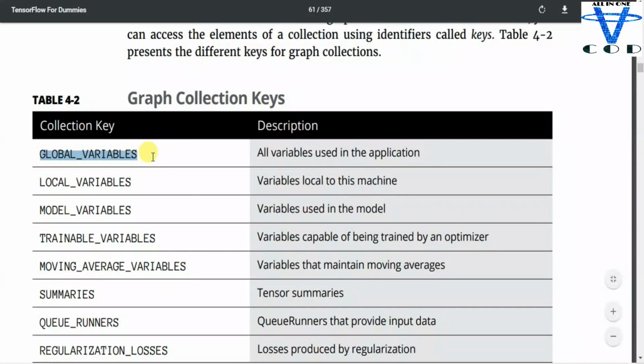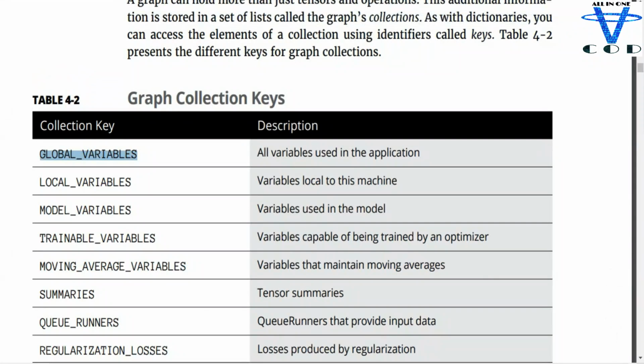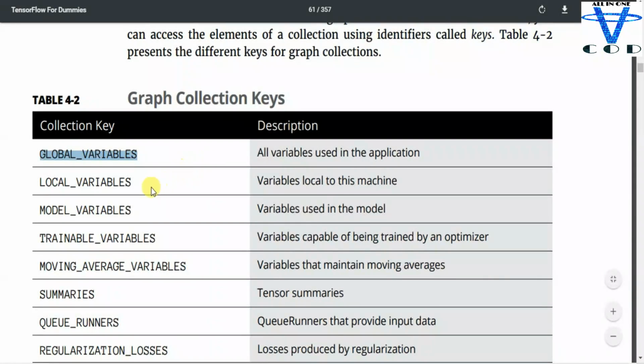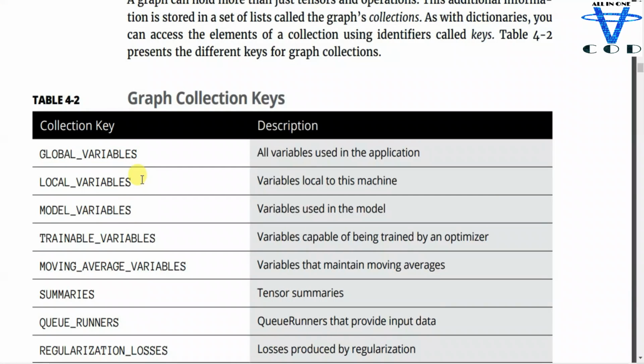So the first one is global variable. If you know Python object oriented, or if you know C or C++, you know what is a global variable and what is a local variable. Basically a global variable means we can use it whenever and wherever we want, and we can use a local variable in a particular place only.